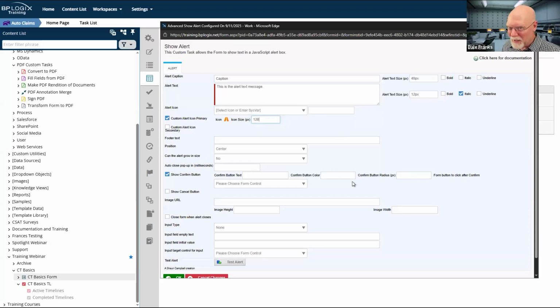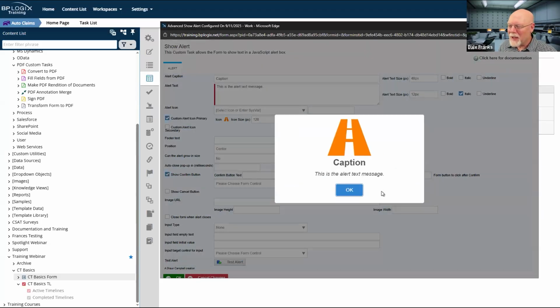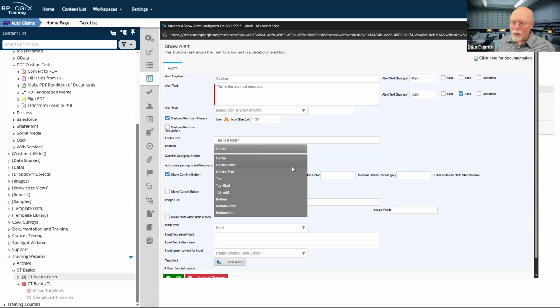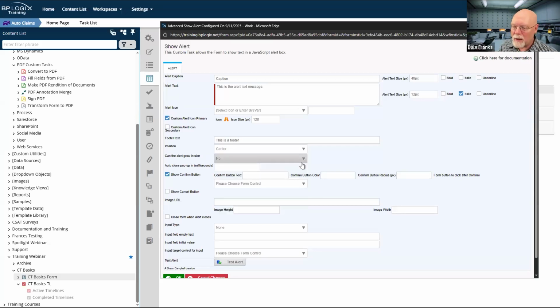I am probably going way beyond what I need to go through for this alert box. I'm afraid to test it. Oh, actually, that's not bad. I can live with that. It has all the basic stuff, but it also enables you to add a footer and configure that footer and to set the position that you want that footer to appear in when it appears.